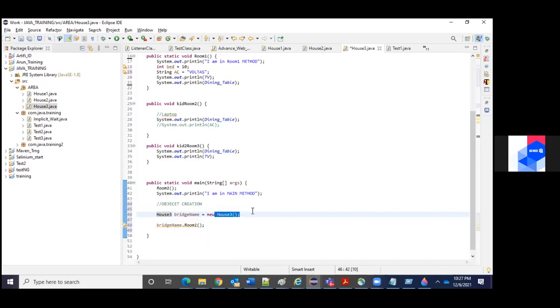This is a standard, guys. When you want to create an object: class name, object name equal to new, and then constructor. Clear? Yes, sir.